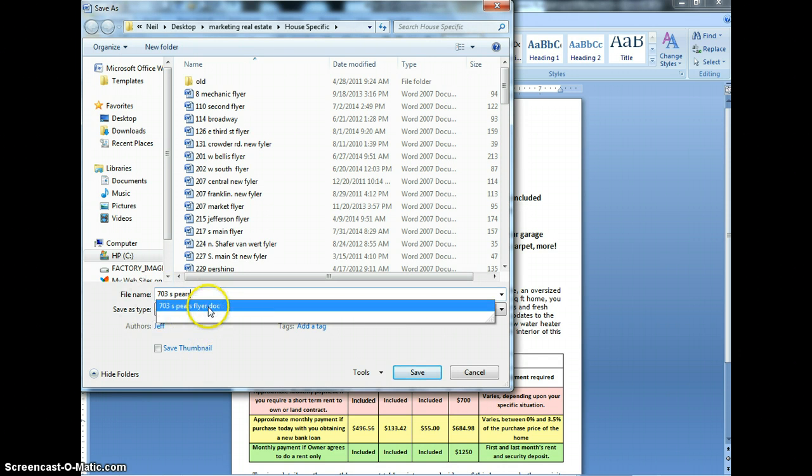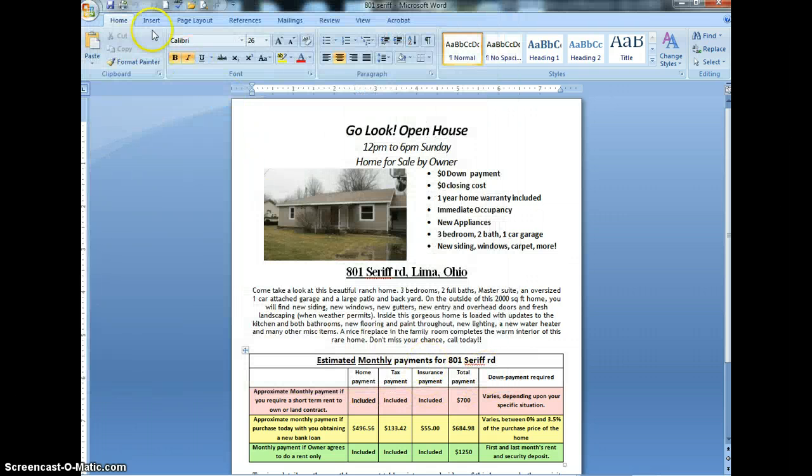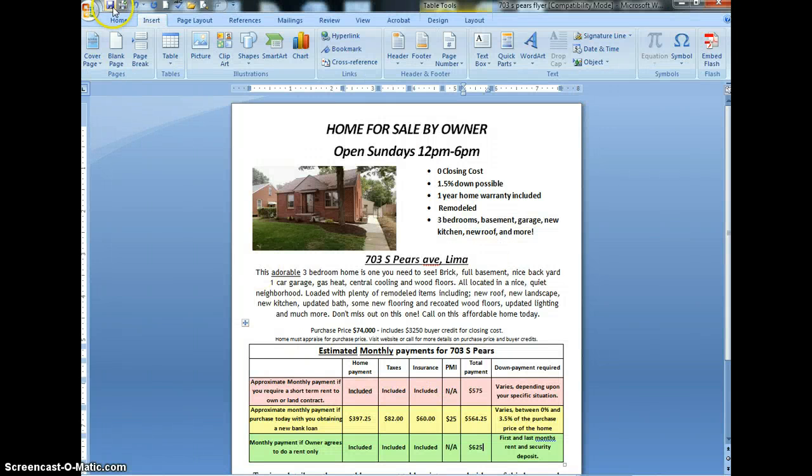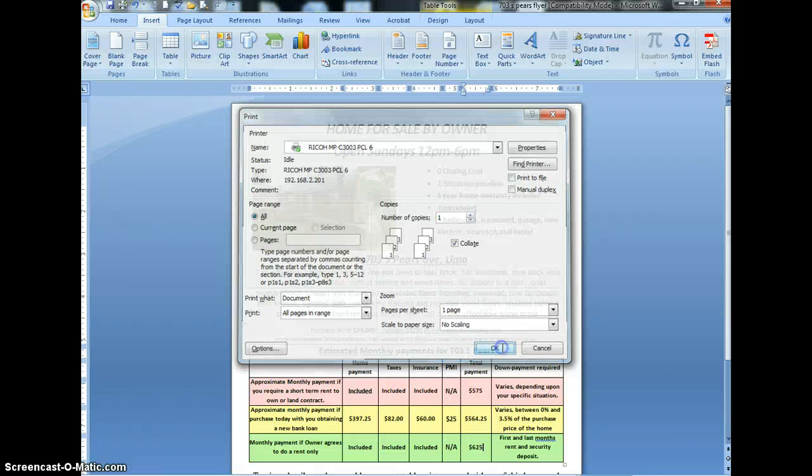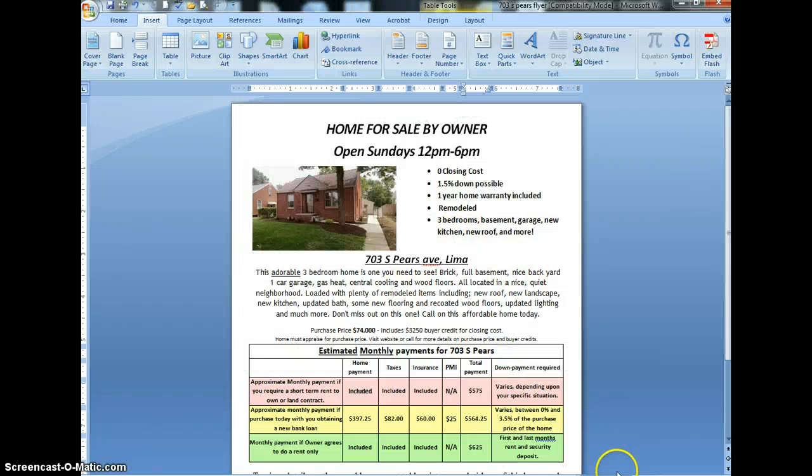Obviously I already have a Paris saved, so I'm not going to do that, but you want to rename it right away, and that way you can just always go up here, click this Save button, and it never changes the original one. So I'm going to save this. I'm done with this, and then I print this off to the downstairs one,